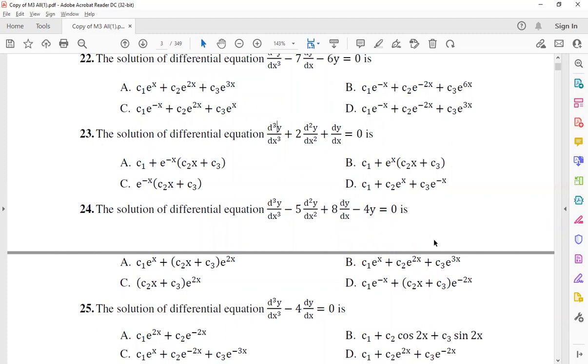A. What are the roots? 1, 2, 2. Can you check it properly? A is 1, B is -5, C is 8, D is -4. And I guess I did something wrong. Are you getting 1, 2, 2? Yes, ma'am. Again, 1, 2 you are getting on calculator, but it is cube. So it must have 3 roots. Calci is showing you 2. So whatever is the last will repeat. So 1, 2 and 2 is last, so 2 repeats twice. So correct answer is A.